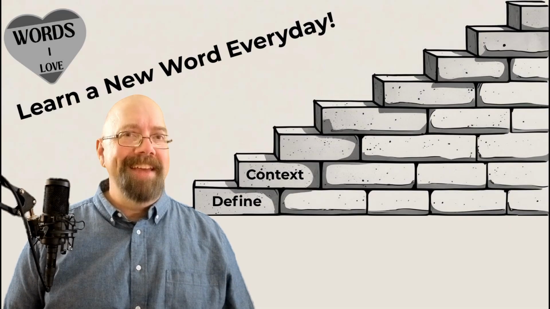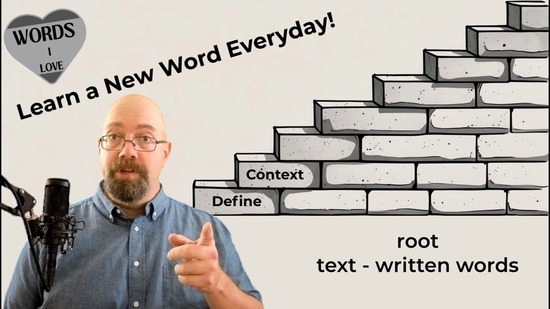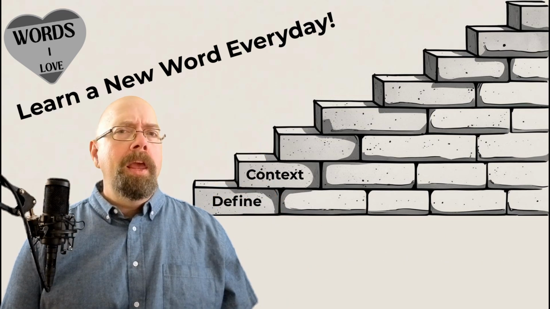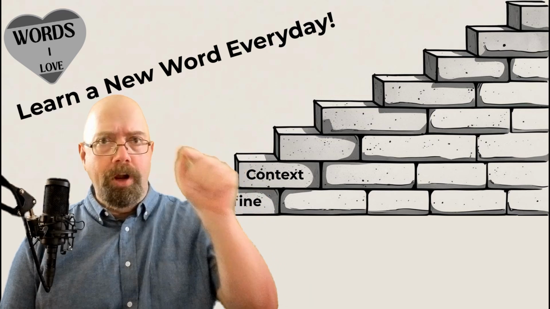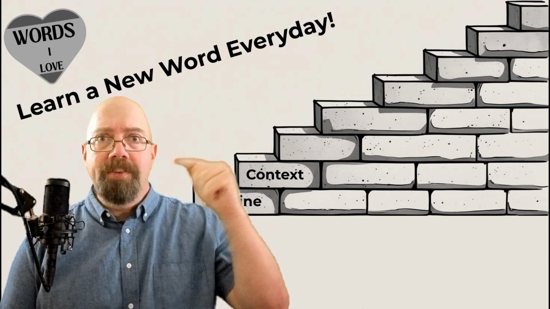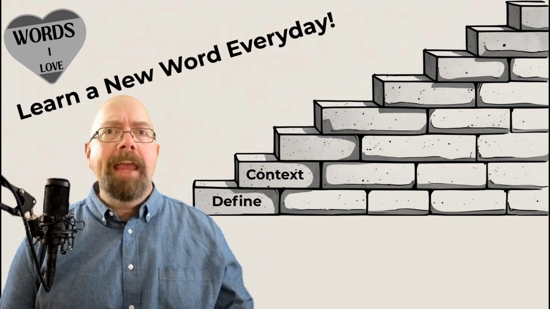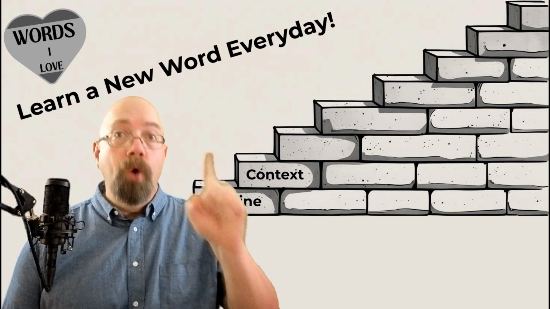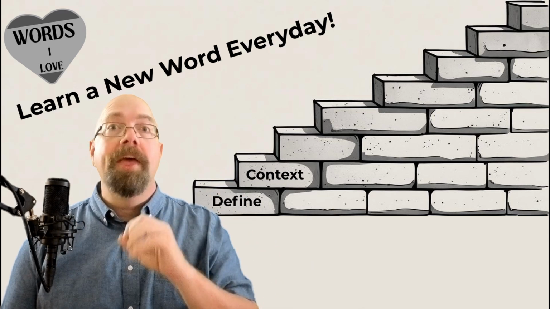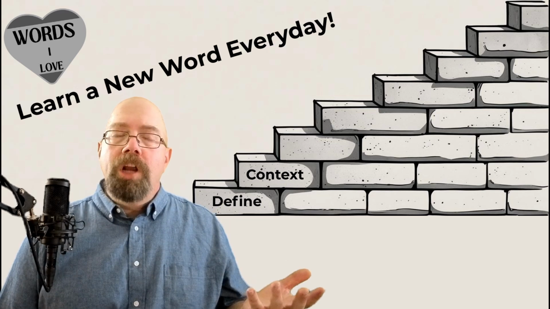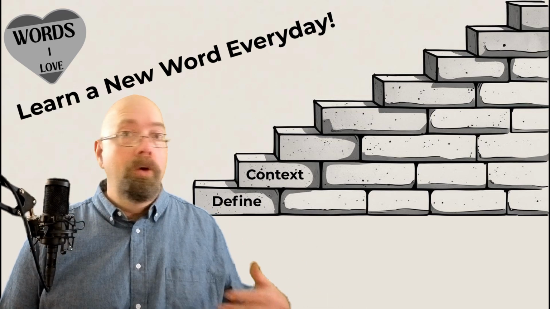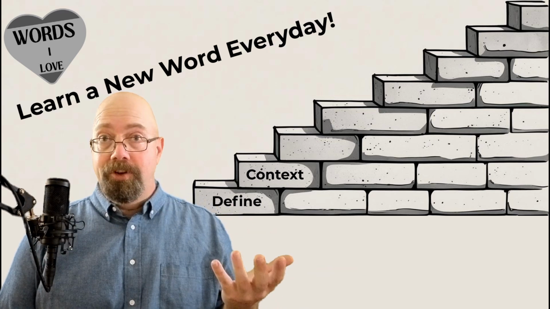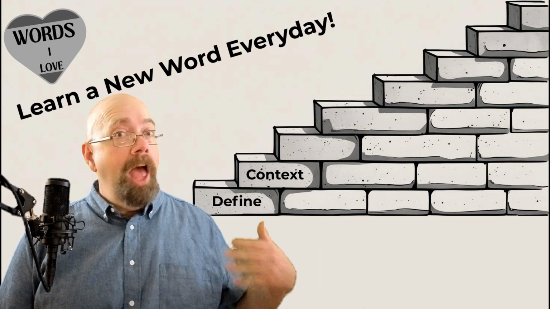Context. Let's break it down. Text is the root, and it means the words on a page. Con means with. If I understand the words before another word, and then I understand the words after that word, I can understand what that word means. If I see a word in one context, it might be different than in another context. We can use the word context also to talk about people, or indeed any other thing. I might act differently in one context as a teacher than I do in another context as a husband.